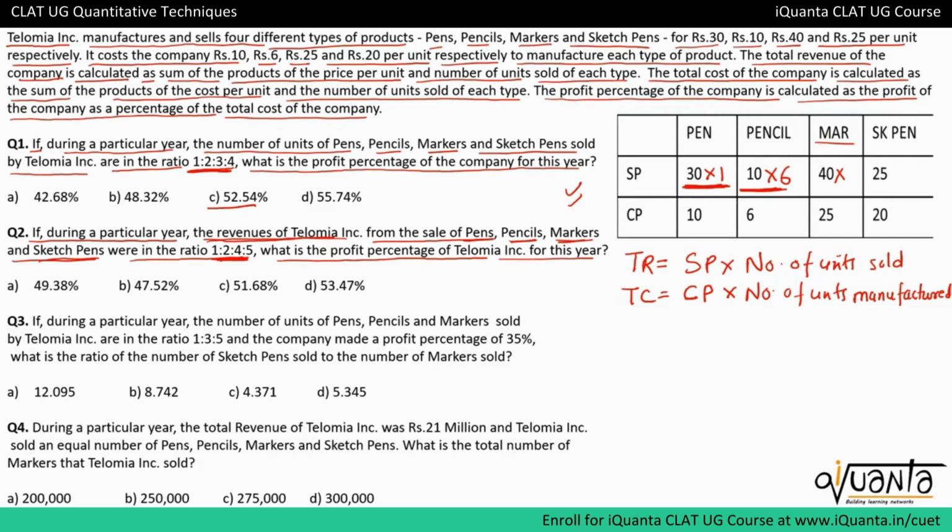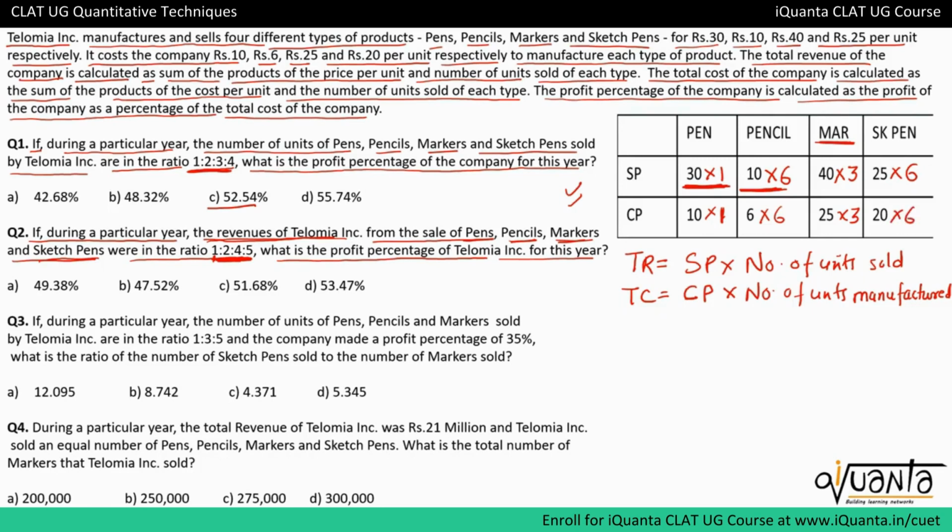So the number of markers will be 3. Finally, the ratio of revenues of pens, pencils, markers and sketch pens must be 1:2:4:5. So the revenue from the sketch pens must be such that the ratio of revenue remains 1:2:4:5. So we'll have to buy 6 sketch pens. That means 1 pen was manufactured, 6 pencils were manufactured, 3 markers were manufactured and 6 sketch pens were